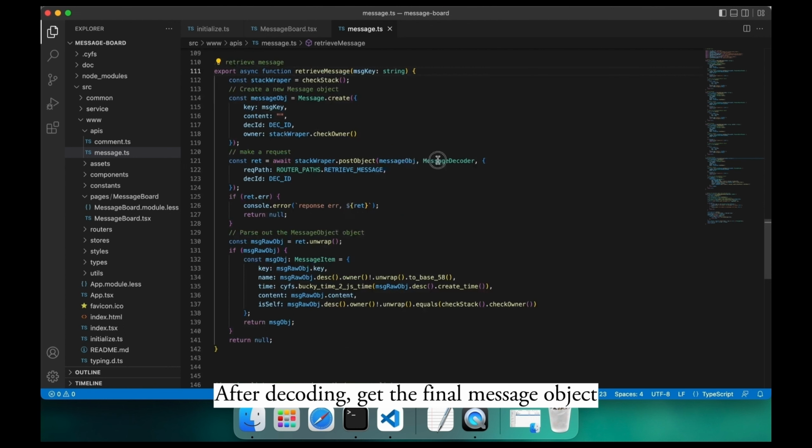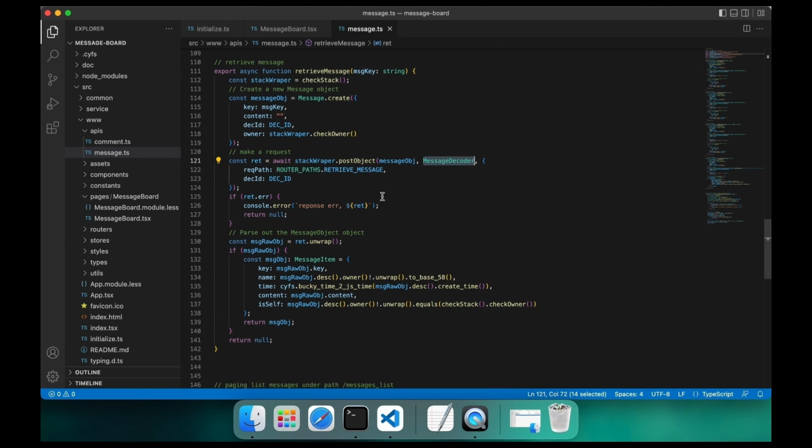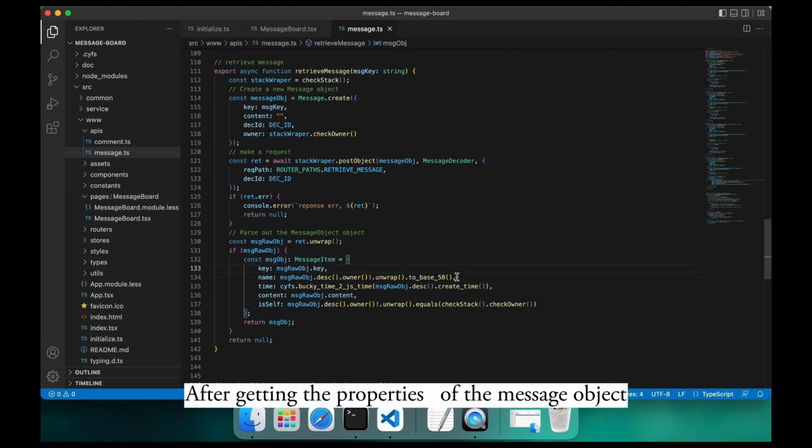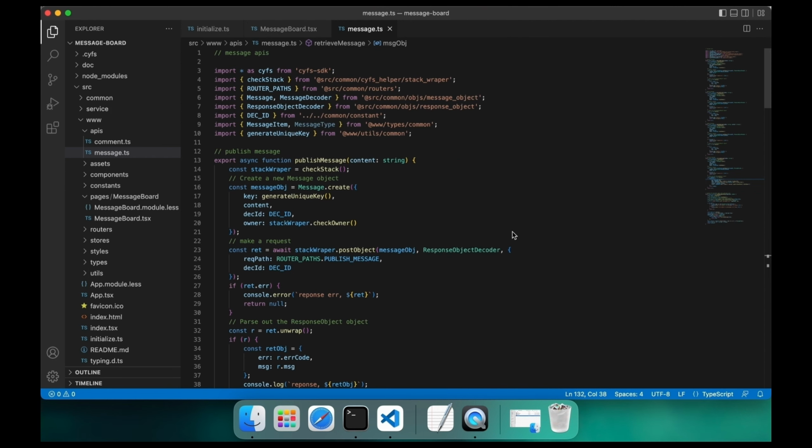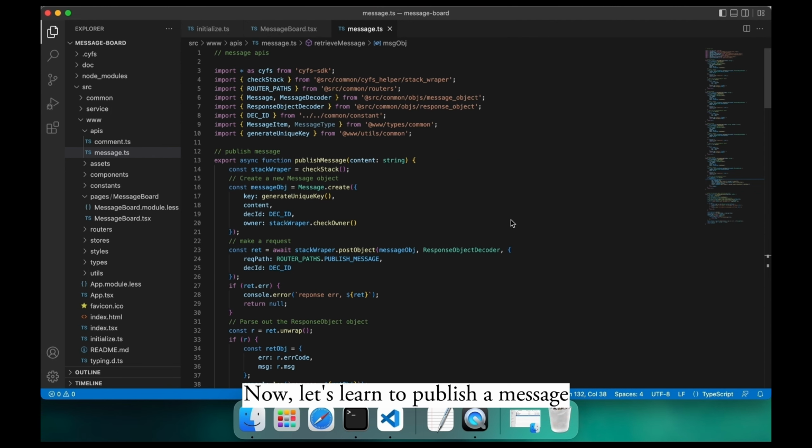After decoding, get the final message object. After getting the properties of the message object, construct a message item object and return. Now let's learn to publish a message. The function to publish a message is also in src